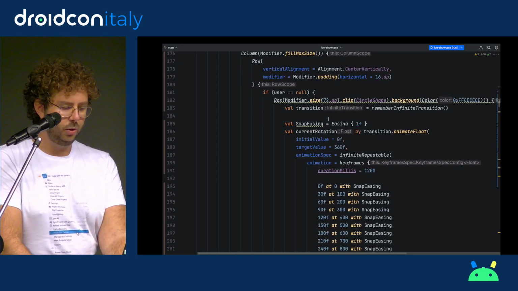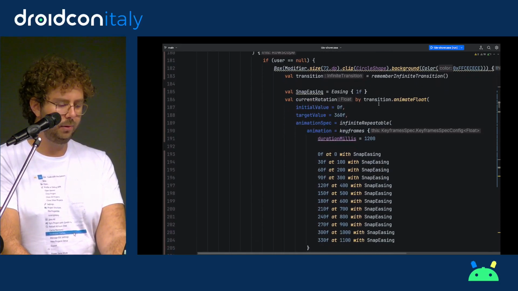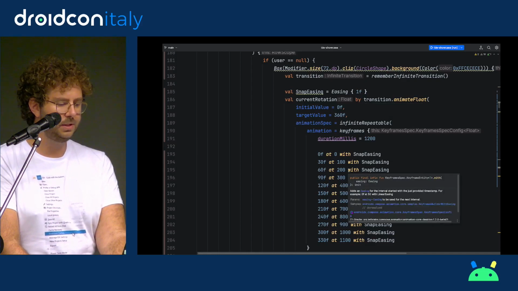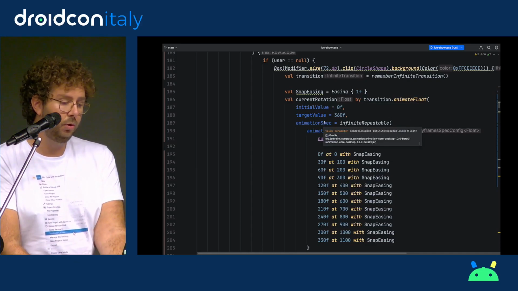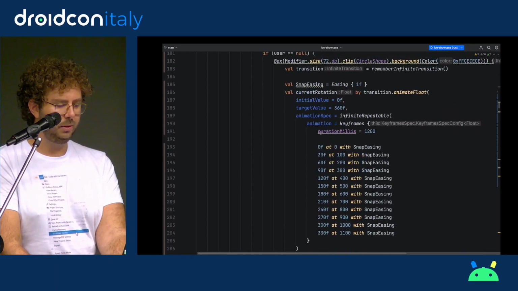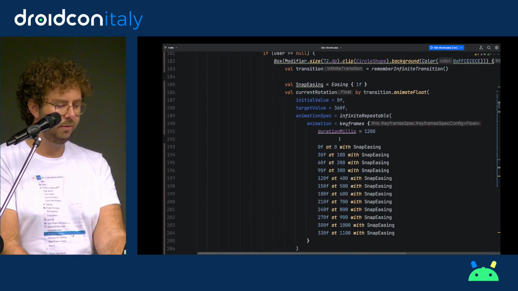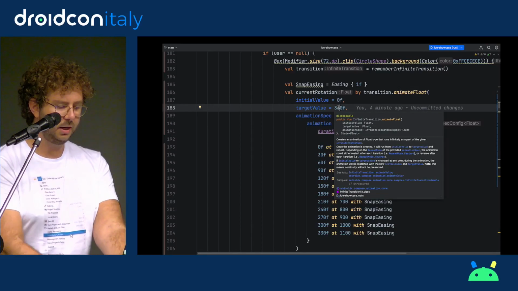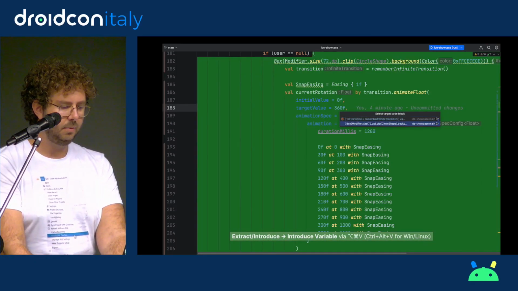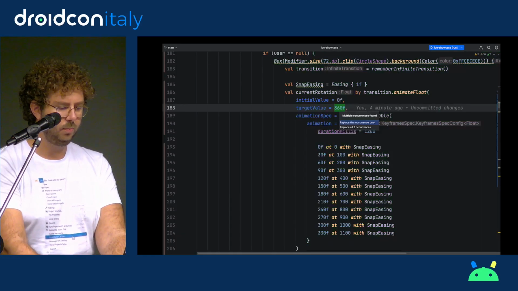One thing I want to show you is, for example, if you want to see if you have a piece of duplicated code, or if you know you have a piece of duplicated code, what you can do is extract a variable. So if I say, I'm not entirely sure that I have everything here, but for sure this one I have somewhere else.